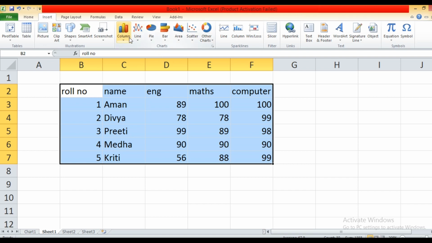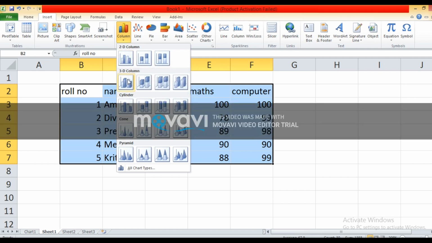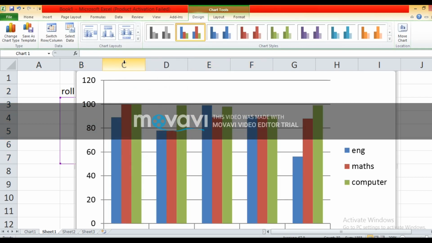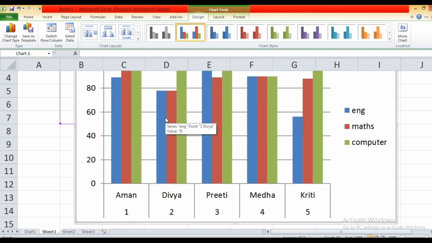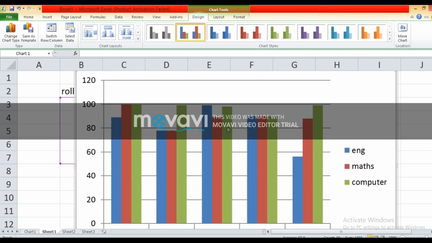I have selected here the column chart, in which you can represent 2D, 3D, cylindrical, cone. There are different charts given over there. You can select any form. I have selected 2D columns. You can see here again your data is represented in front of you. Now click the subtype. You can take any subtype for the chart. From the drop down list I have taken column. This creates the chart on the current worksheet. You can see that the chart got created on the current worksheet. Behind that your data is also given over there.